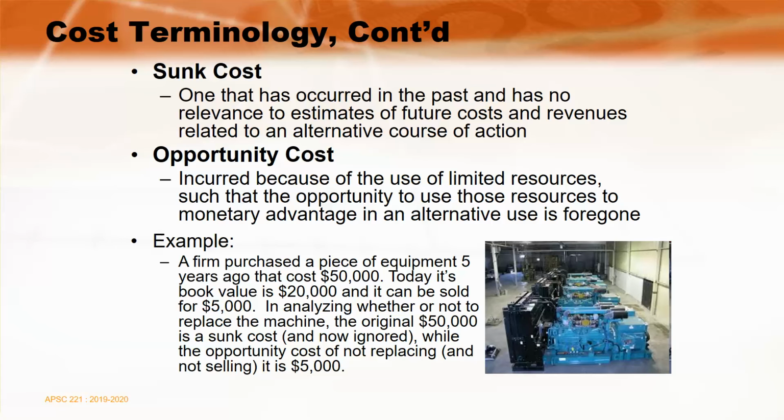We don't have Harry Potter magic wands that we can go back in time and change decisions. So if you decided to, for example, have a piece of equipment delivered that's an upgrade to something that's already at your plant and facility. However, it's much larger, has bigger capacity, and the delivery door, the bay doors at the back of the building aren't large enough. So you have to go and make them larger. So you hire a subcontractor, and they would come and make the doors 3 feet larger. Well, you can't unmake those doors larger if you decide that, okay, in the end, I don't want that piece of equipment.